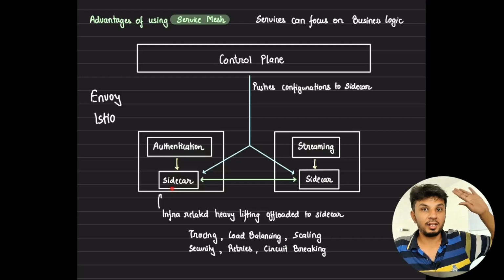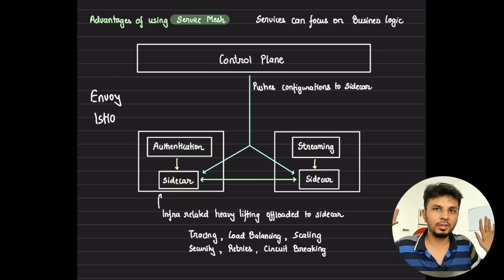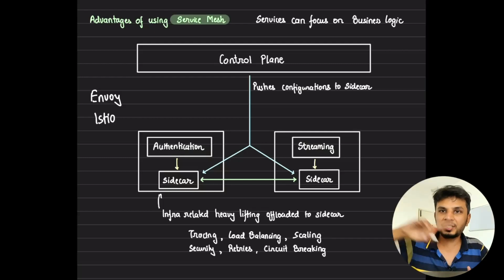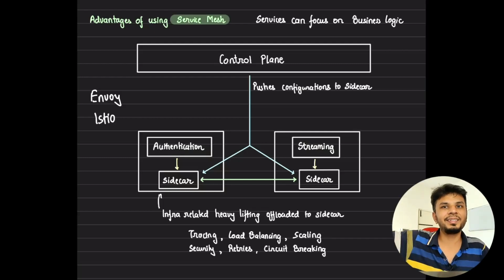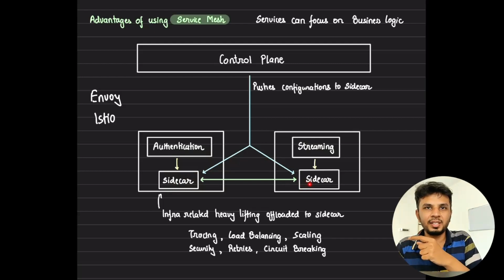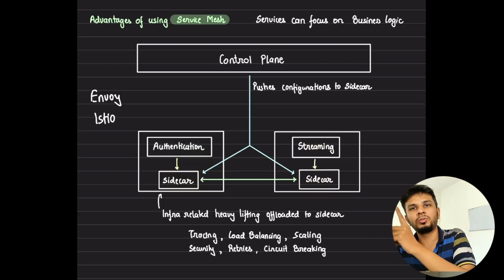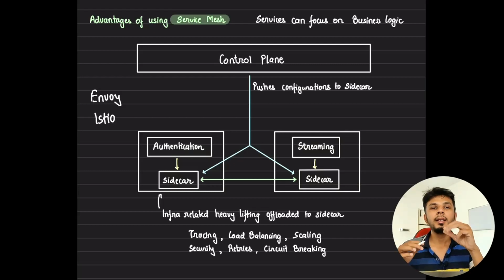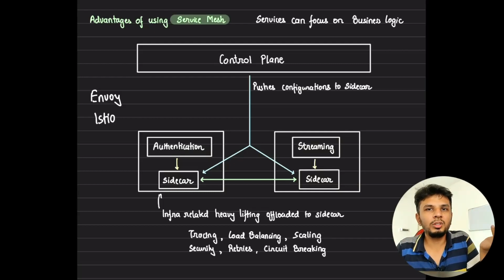This sidecar knows somehow where to go, which sidecar it should go to that handles the streaming part. So this sidecar will talk to the sidecar of the streaming service, which then forwards the request to the process on the same machine which handles the streaming part of it. Now, how would they know where those services reside, or what the IP is?